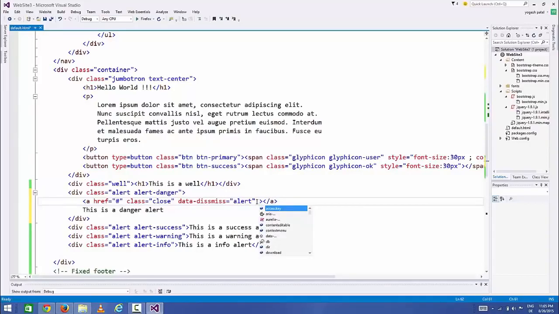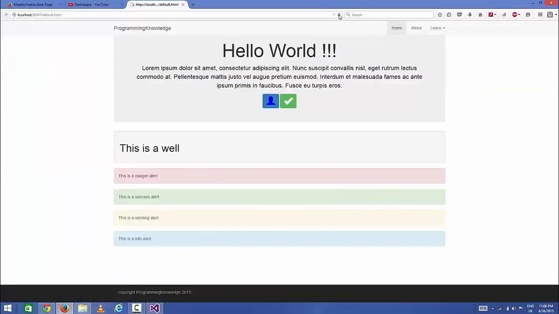and then add one more attribute called aria-label, which will be equal to close. Okay, and then to add this X symbol at the right hand side of the alert, what you can do is you can add ampersand times semicolon, and this is equal to X in HTML. Okay, so save your code and refresh it,